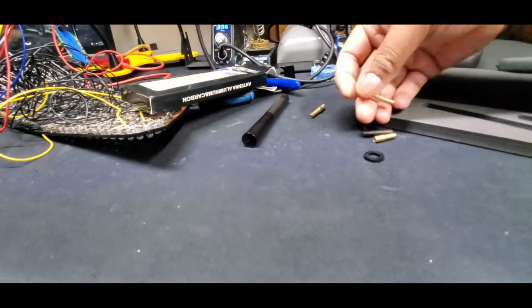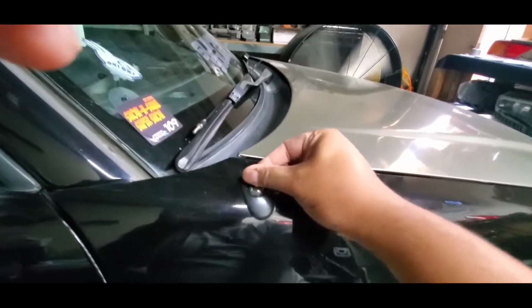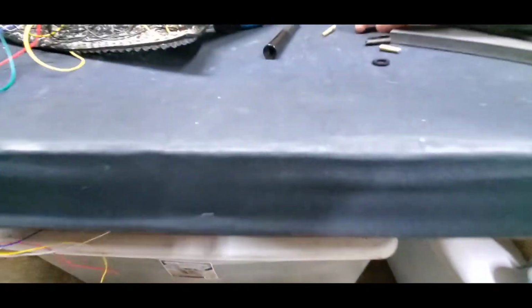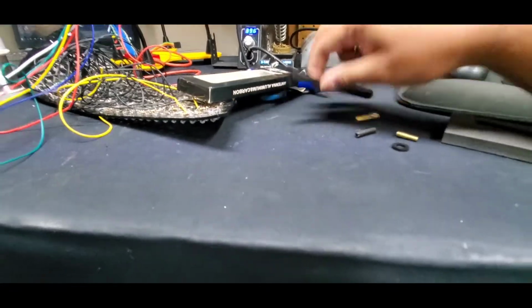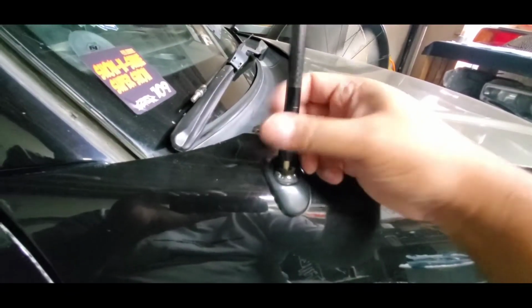So I'm gonna take a guess. We'll try this one. And it does fit, as you can see. So I am going to use a washer just because, I don't know, seems like a good idea, right? So we'll put the washer on. Hopefully it fits in all the way, or I probably,